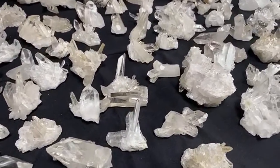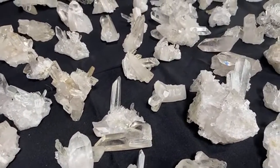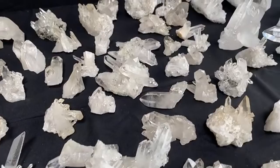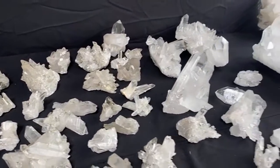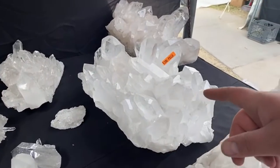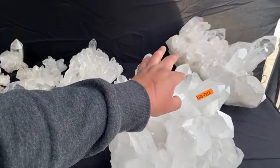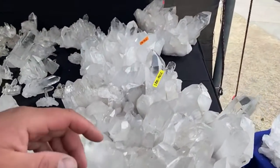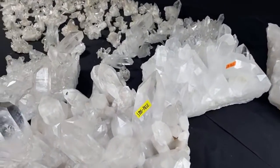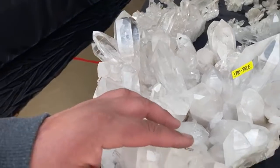These are beautiful Brazilians here. What about violin? No, I'm not a good violin player at all. I have a couple great violins at home that I noodle around on, but I mostly just sell them. $1,300 for that. Is it natural? That's recut. Not that there's anything wrong with that. You know, when they get a fracture or something, let's find a piece. There's no pieces that have fractures on this. They'll reshape